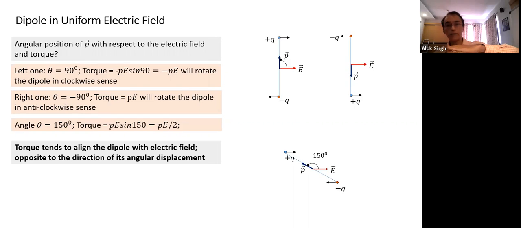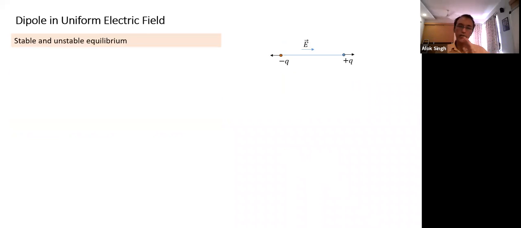The moment the dipole gets aligned with the electric field, the torque will rest. The torque will not do anything. But if there's a displacement that is clockwise, it will apply torque in the anti-clockwise direction. If the displacement is anti-clockwise, it will apply torque in the clockwise direction. So let's understand what we said about restoring. Sometimes it is restoring and sometimes it may not be restoring. Let's see what it means.